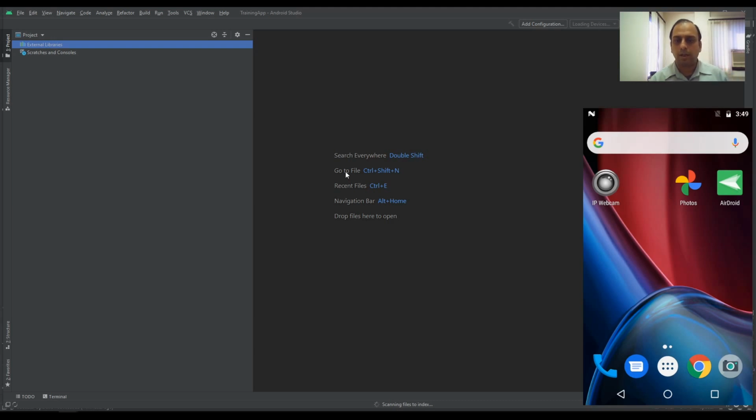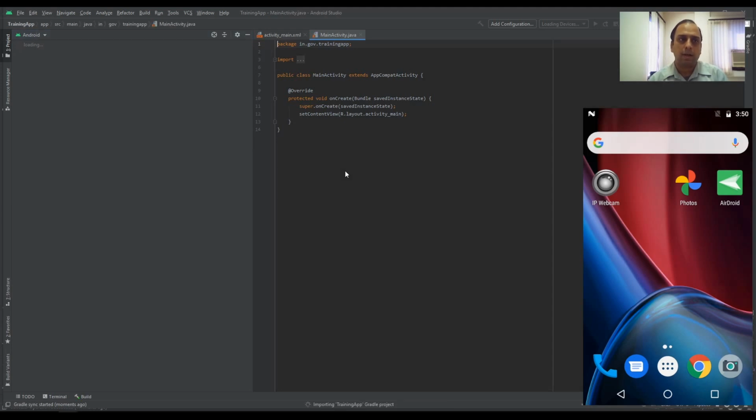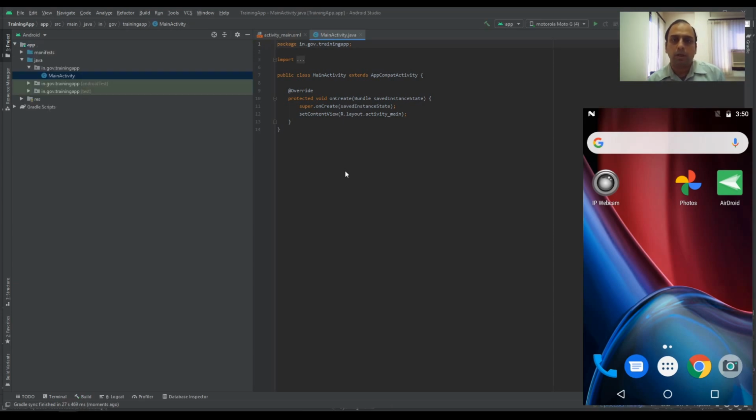It will do the Gradle build, it will index the files, make it searchable, and everything it will do. It will take some time. Whenever you are creating the app for the first time, it takes some time, so be patient. Don't close your Android Studio in this time, otherwise next time everything has to be done from scratch. Not for you, but for the Android Studio, it will have to create all the files from scratch and download everything. So when the project is being created for the first time, it will download the required dependencies, modules, libraries from the net.